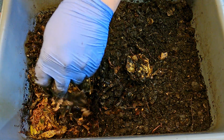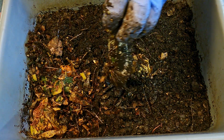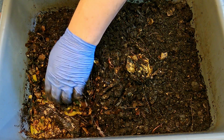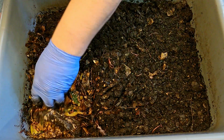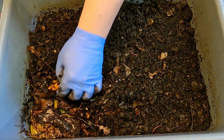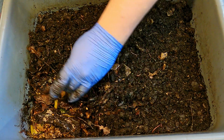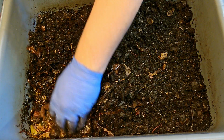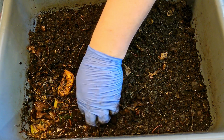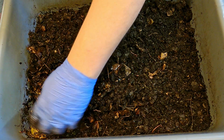Here's a banana peel, much more recognizable, still connected over here on the flower end with multiple segments of it still in place. Still see some leftover grit in here too from the last go around. This, I think, is a chunk of apple. It's really hard to tell. You would think that if you had a piece of banana peel or a piece of apple in your hand, especially one in this stage of